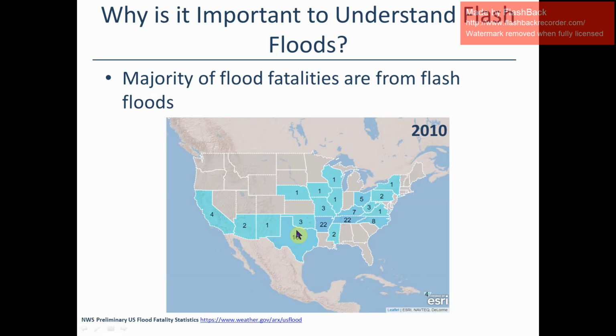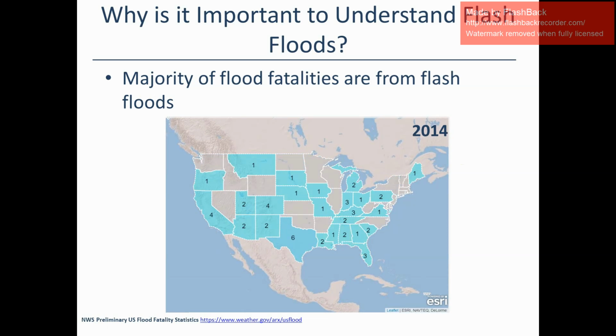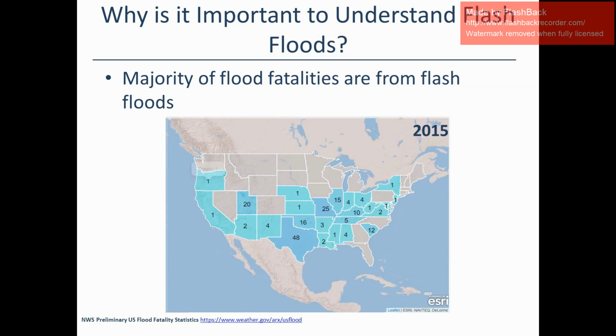I'd like you to notice that Texas often has a magnitude each year. You'll see sometimes each state has a high magnitude every now and then. What I'd also like you to see is that almost every state is shown to have at least one flash flood fatality during this time period. So we'll go through these slides, and I encourage you to look at your state in particular and to see how you're affected. 2010, 2011, 2012, 2013, 2014, 2015,